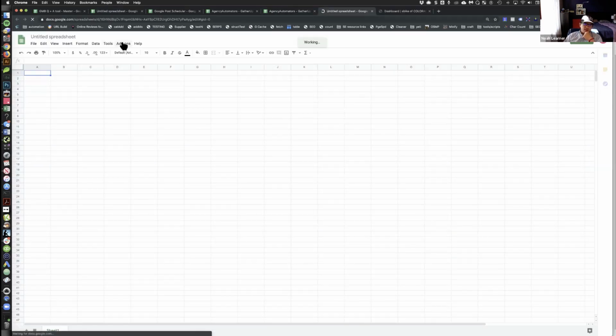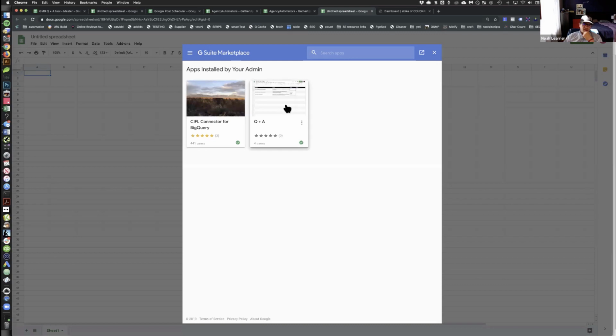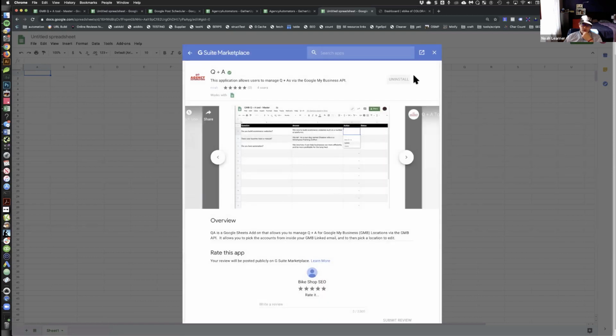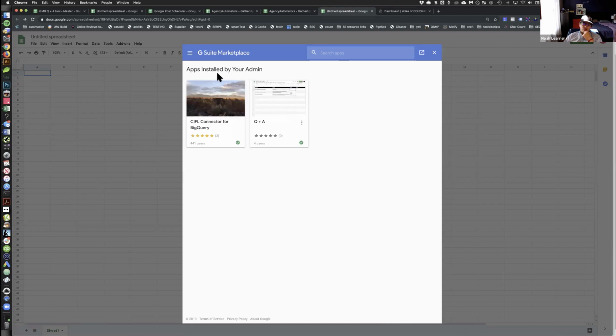I don't think that the add-on is installed. I just want to confirm. This is one of the coolest things ever. Okay, so let me go to Manage add-ons and I'll remove this. Sorry, everybody. I want to uninstall it. Oh, I can't uninstall it. Oh, this is interesting. I installed this from the Chrome Web Store, but